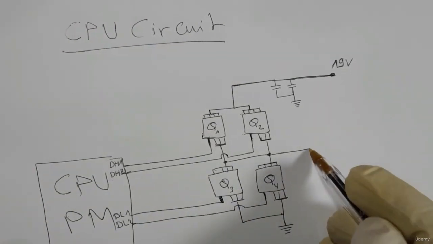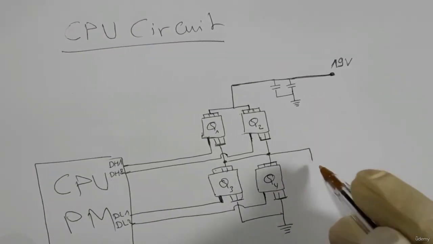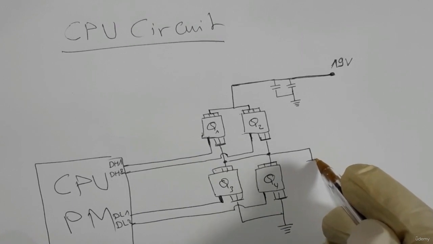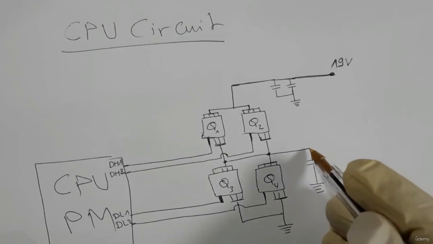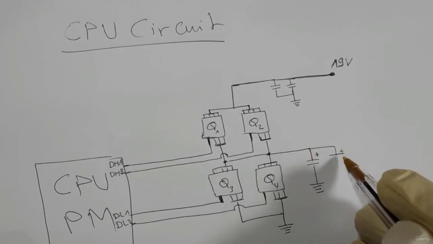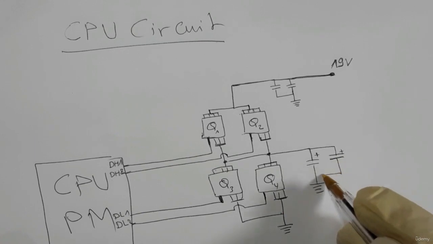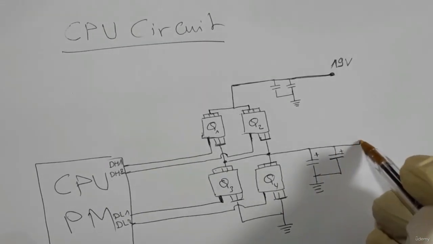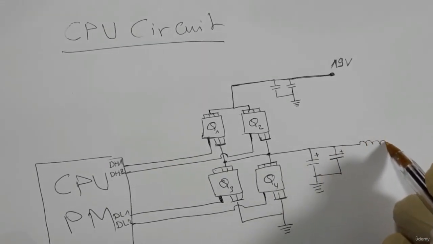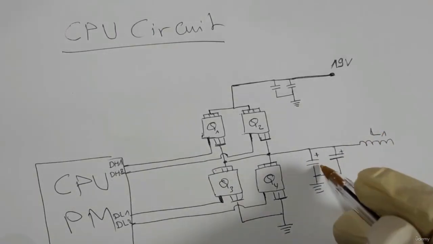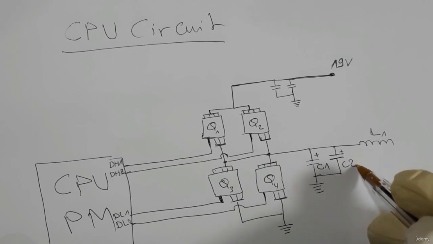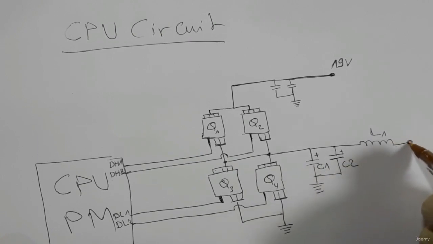So here we have two capacitors. Okay, so this is a chemical capacitor, or a polarized capacitor. We have another polarized capacitor exactly as on the motherboard, and then here we have the coil L, here we have L1. Okay, for example, here this is the C1 and the C2, and here we will get to